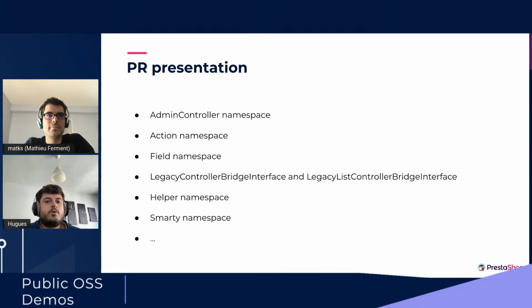I will explain to you a little of our new code. In the admin controller namespace, you will find all the stuff for the controller migrated horizontally, like the tray, the configuration object, and the factory to create a new configuration object. To add an action to your page, you have to use header toolbar action, list bulk action, list header toolbar action, and list row action. All these actions need an array of configuration,